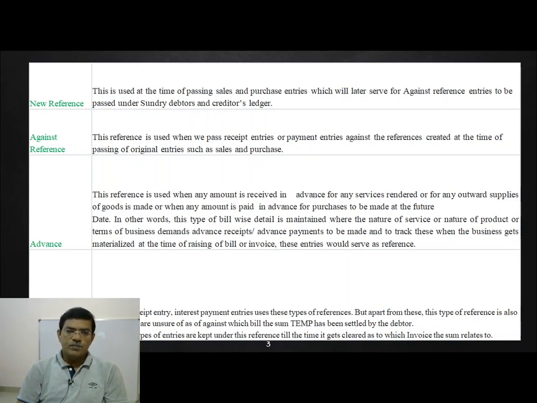Sometimes we pay advance to customers or suppliers, or customers pay an advance amount to us. On account, we use it in receipt entries or payment entries.